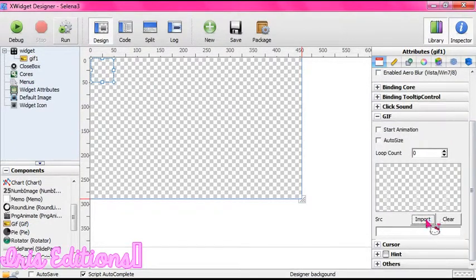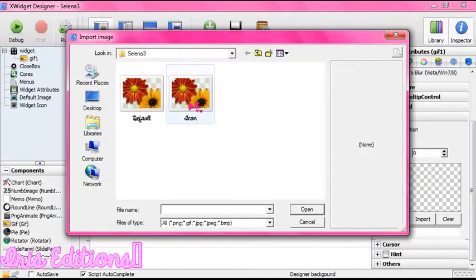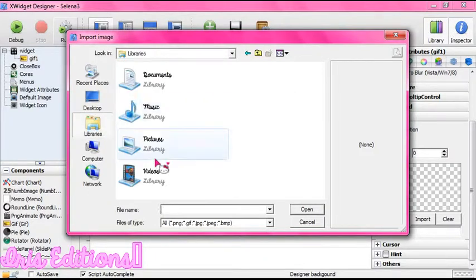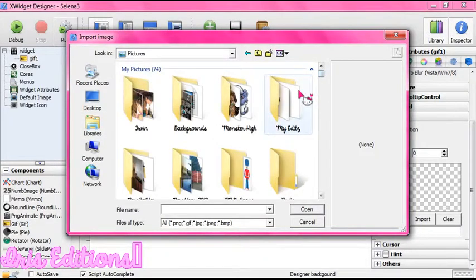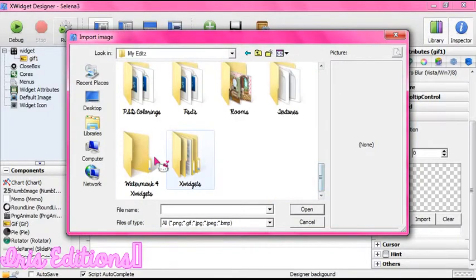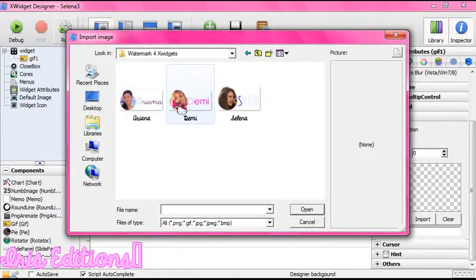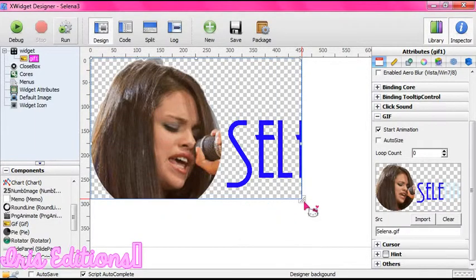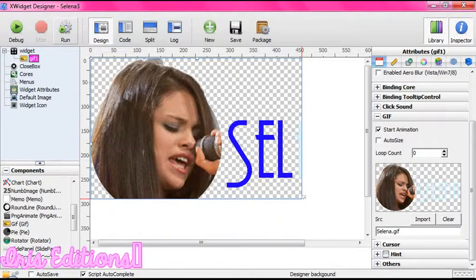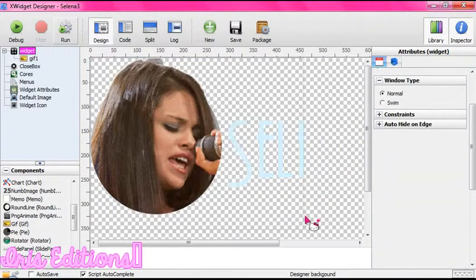Then import it. Okay then. Adjust it. Yeah.